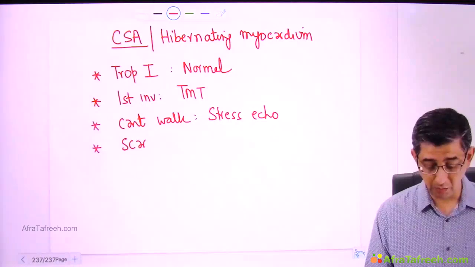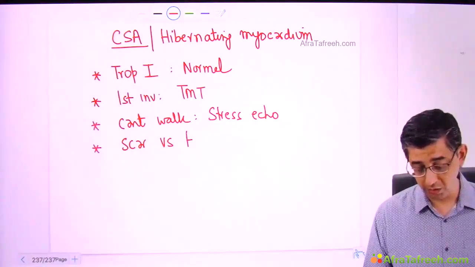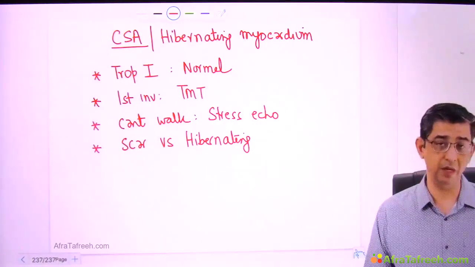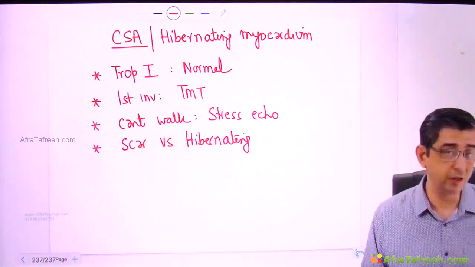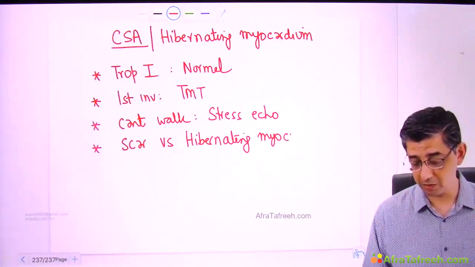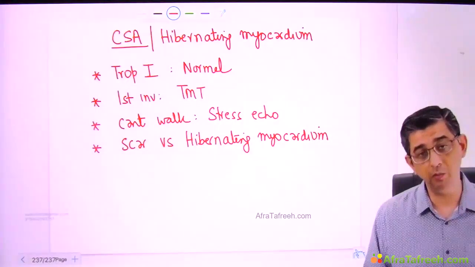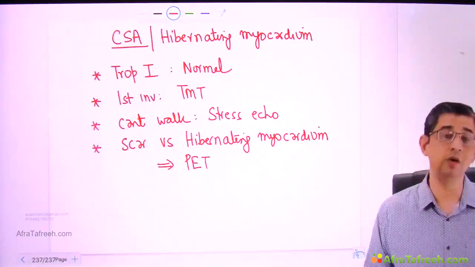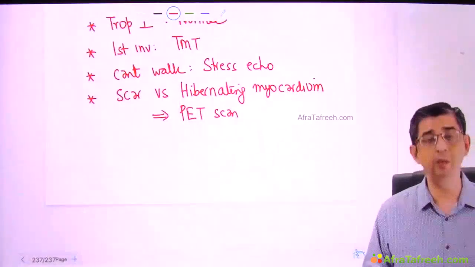However, if he wants to talk about a person having decreased contractility in some part of the heart on echo, now there can be two reasons why the contractility can be less. One can be that he had a MI maybe 1 year back, and wherever the MI episode occurred, there was a scar in the heart. Scar will obviously not contribute anything to cardiac contractility, so therefore the cardiac output would be less. And even in chronic stable angina, because oxygen supply is less, the heart is trying to conserve oxygen and thereby reducing the power generation, power output. So if you have to differentiate between a scar versus a hibernating myocardium, the best bet that you have is a PET scan, primarily because scar will not have any metabolic uptake.